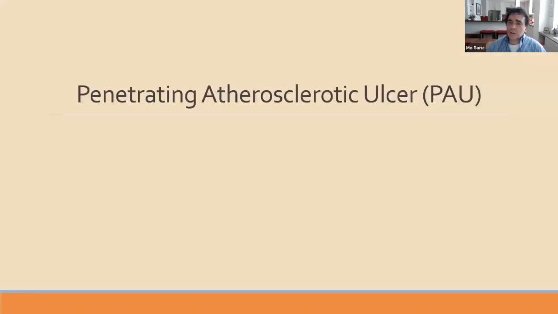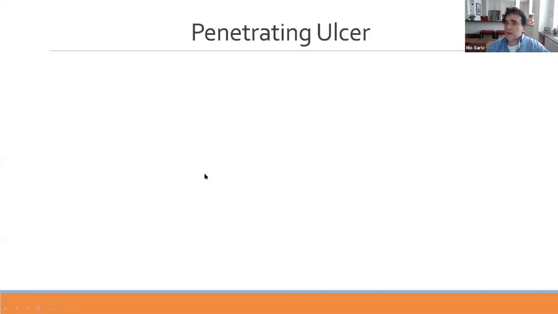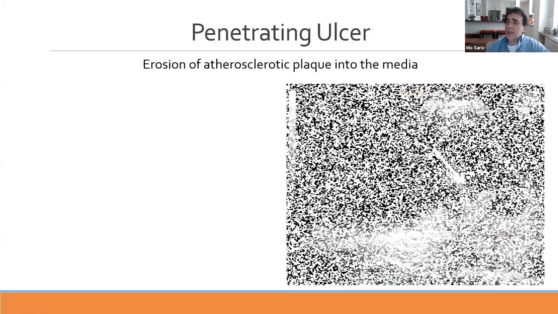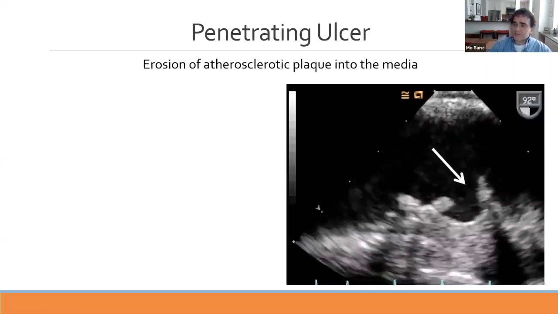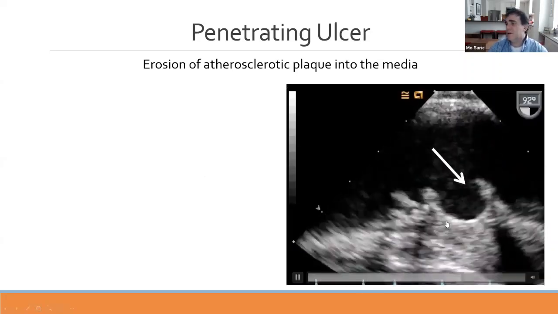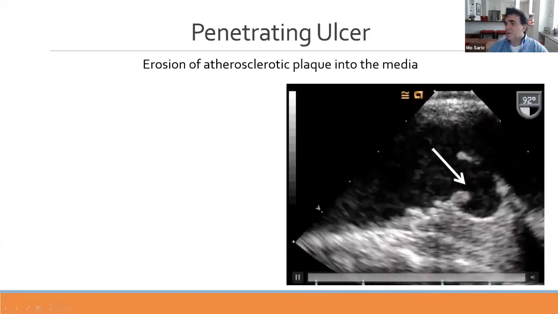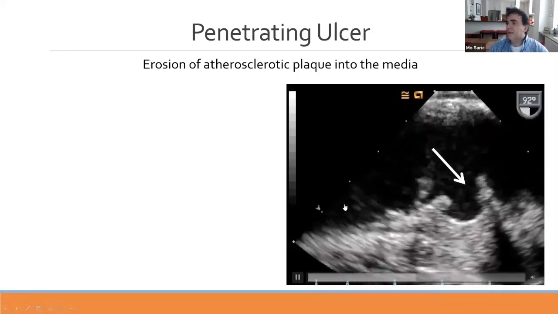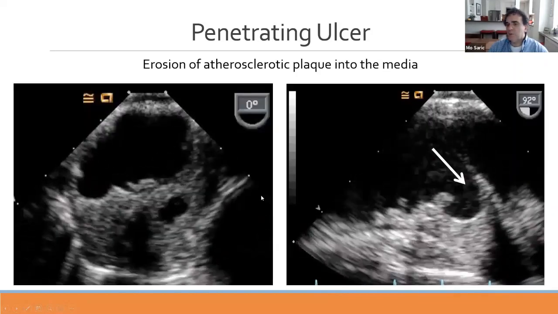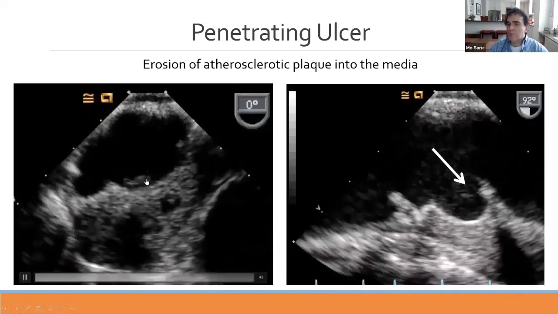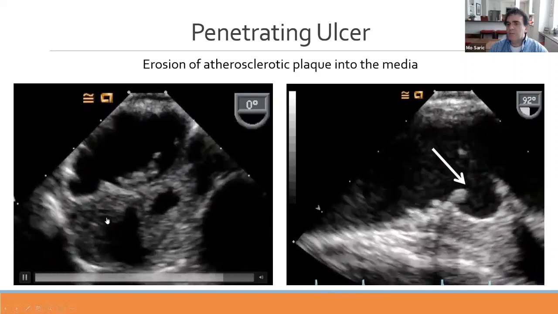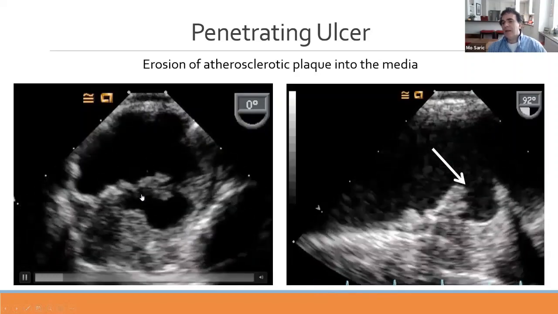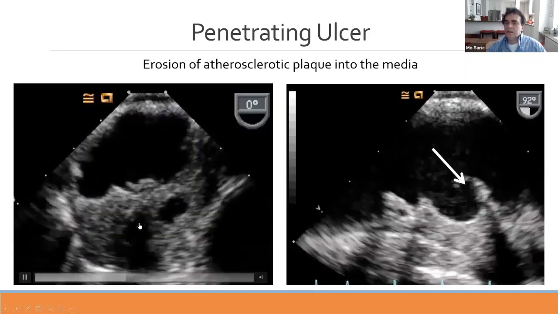And the final part of the acute aortic syndrome is penetrating atherosclerotic ulcer. This is erosion of atherosclerotic plaque into the media and tends to occur in people with severe atherosclerosis. Clearly here it's a very complex atheroma with multiple mobile components, and there is an ulcer in between them. And then if you look at the short axis view, you see the mobile components, but underneath the mobile components, there is a penetrating ulcer, so the entire